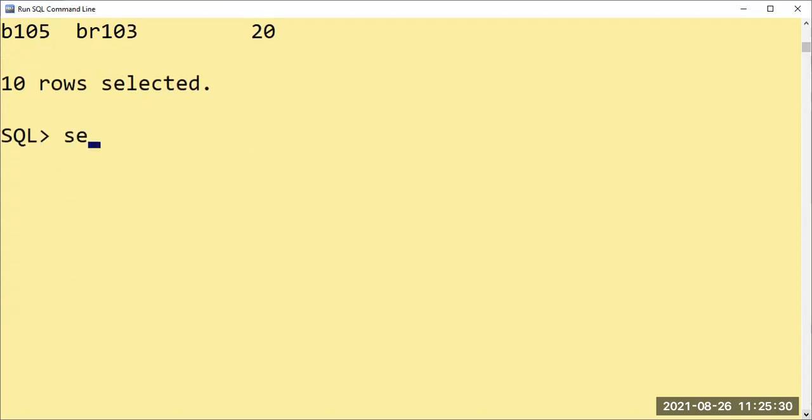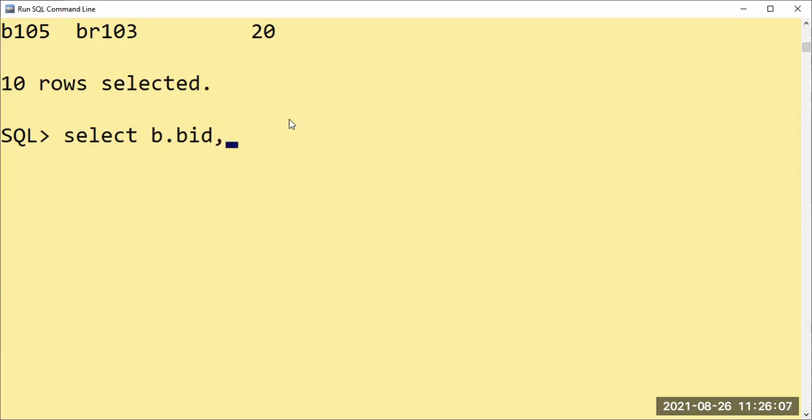We have to say select b.bid. The reason why we are taking b.bid is: book ID is a primary key in which table? It is in the book table. Yes, we know that in the book copies table we also have the BID, but we are not going to take that while selecting or displaying the result. We are going to take the book ID from the master table, which is the book table. And we are going to create the variable or object for the book as B. It specifies that from the book table, BID is fetching the value here.